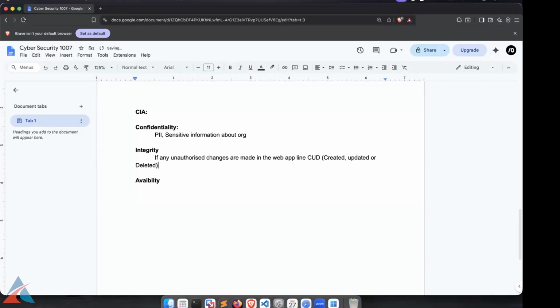If these operations are performed on the application without authorization by an attacker, then we say integrity has been hampered.